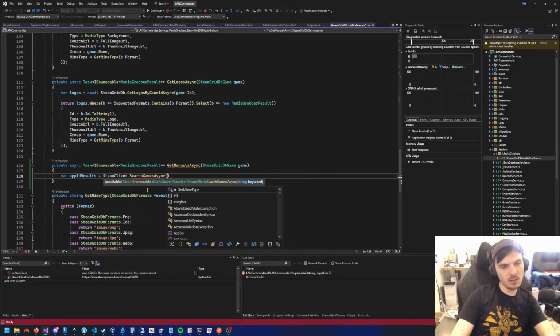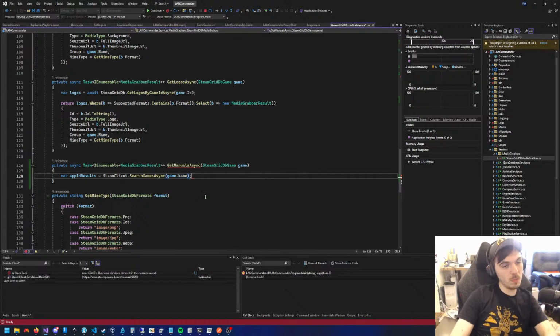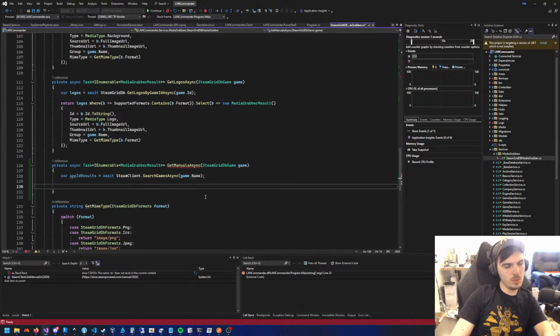Search games async game dot name. And we'll do, most likely, because this is going to match the game name. The game name is most likely going to match what is in Steam, so I'm just going to grab the first. It's a little janky, but whatever. And this is just manuals everywhere anyway, so it doesn't matter. It'll be different once we get into logos and backgrounds and everything like that. But for now, we can do